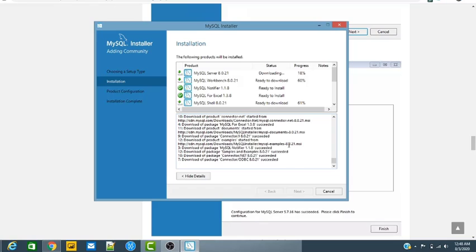So it is downloading very slowly. I think it might be many MBs.